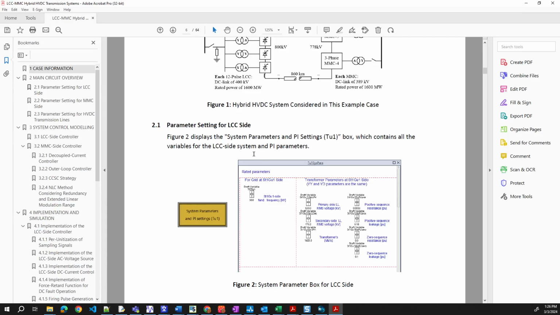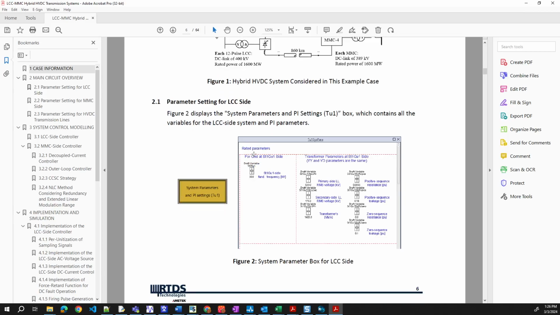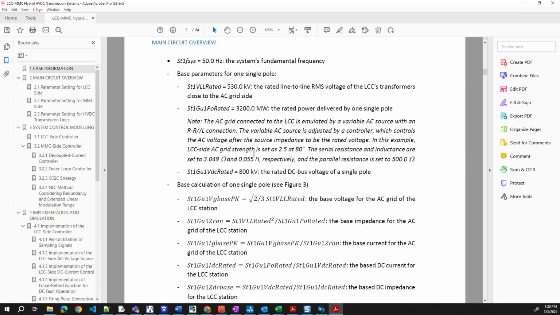Parameter setting for LCC. We contain all the variables and PI controllers in here. So the standard frequency is 50 Hz. That's different. Maybe highlight this too. Base parameters. Base parameters for one single pole is 530.